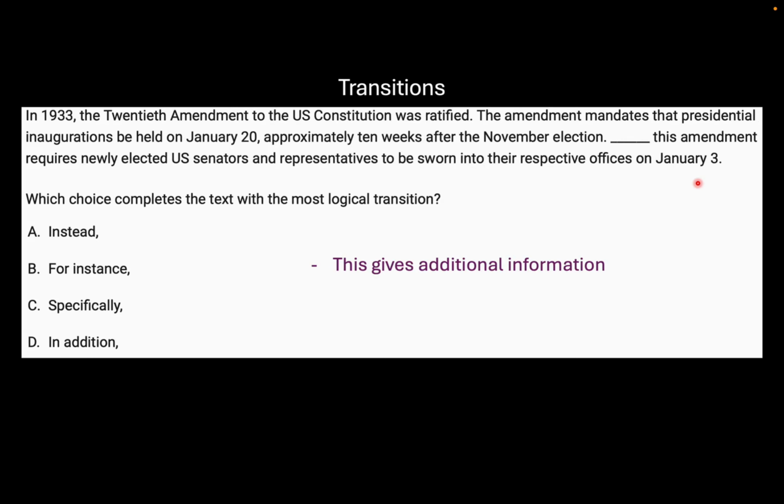A says instead. Instead is used for contrasting, but in here we just have additional information. Choice B, for instance. When is for instance used? When there is an example given. And there is no example given here. C, specifically. Specifically is used when you go into more specific details, but this does not mention more specific details about what was previously stated. Choice D, in addition. In addition basically means to give additional information, so of course this is going to be